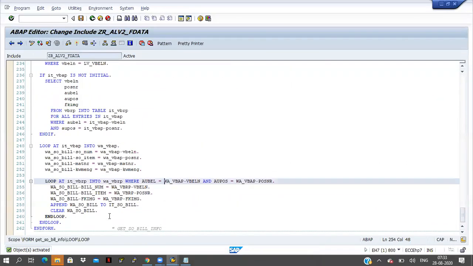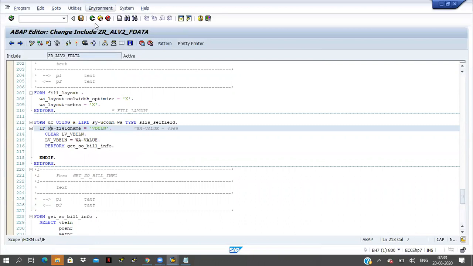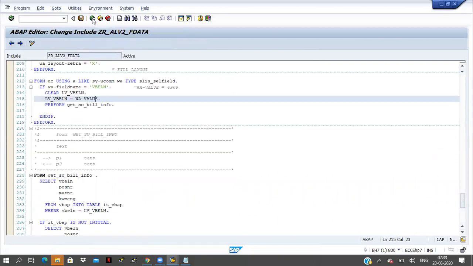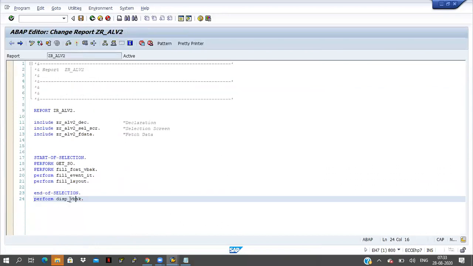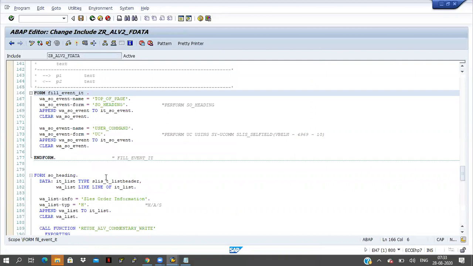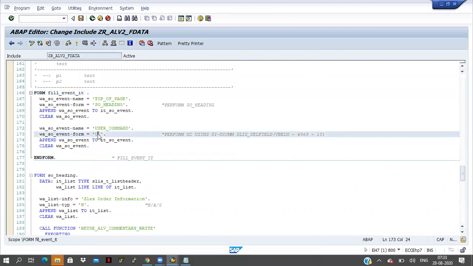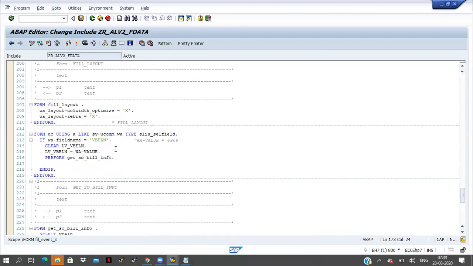But before going to that, I have to call the transaction, I have to call the function module. Here the internal table name is IT. Now I am going for user command. UC is the form, right? So form UC is there. Form UC is coming here. I am double clicking on the sales document number, and at that time I am getting the value here, 496 and something.